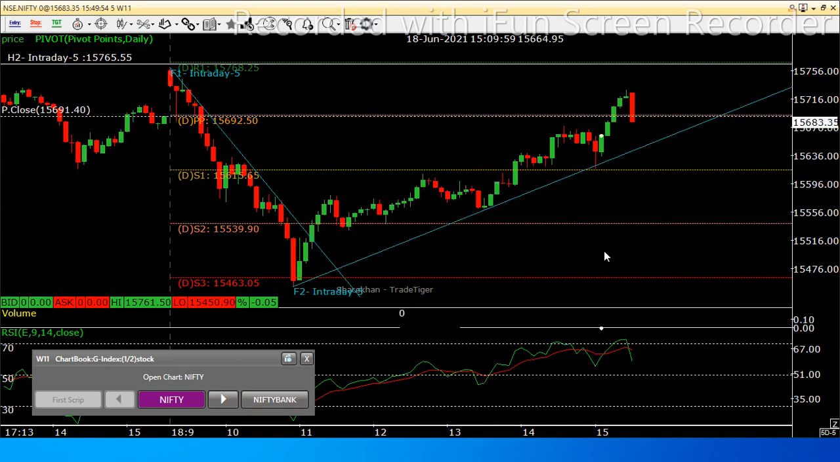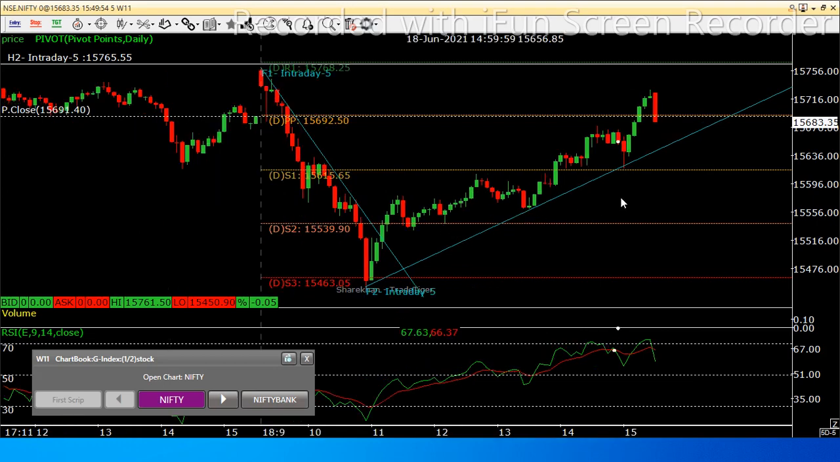You can use this pivot point, right? So this is the day analysis for you. Tomorrow we are likely to see the market open gap down, but it is very important where the market is going to open and